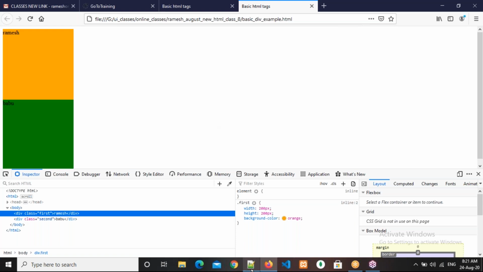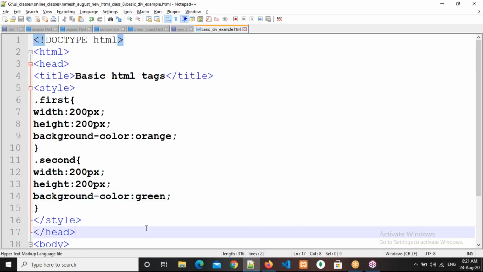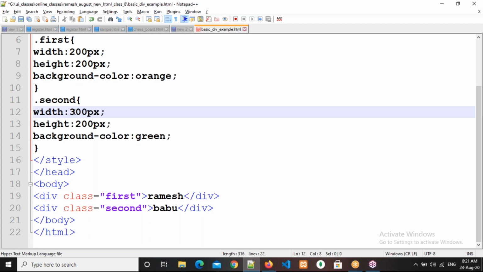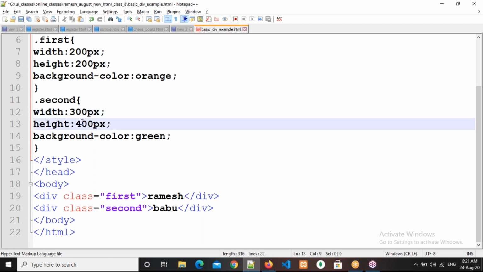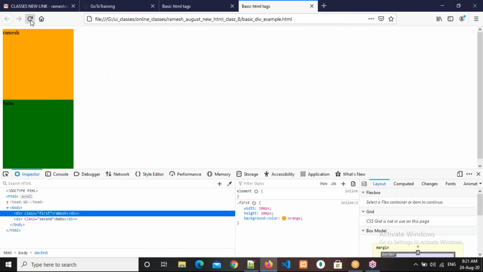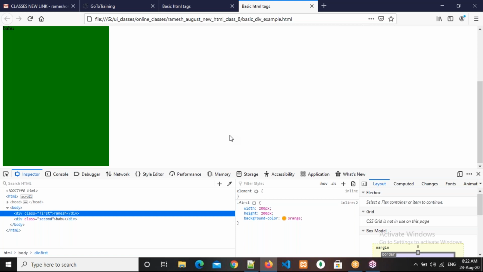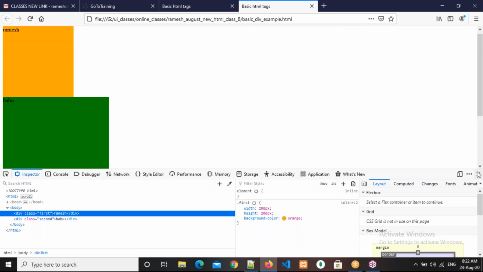See, if you observe here, line numbers 19 and 20 are both the same text. What are those? Div tags only. But I am applying different properties. Here background color is green, here background color is orange. How? By using class only. Suppose see here 300 px, 400 px. See there, different things we are getting. Understand, right, everyone? Yes, sir.